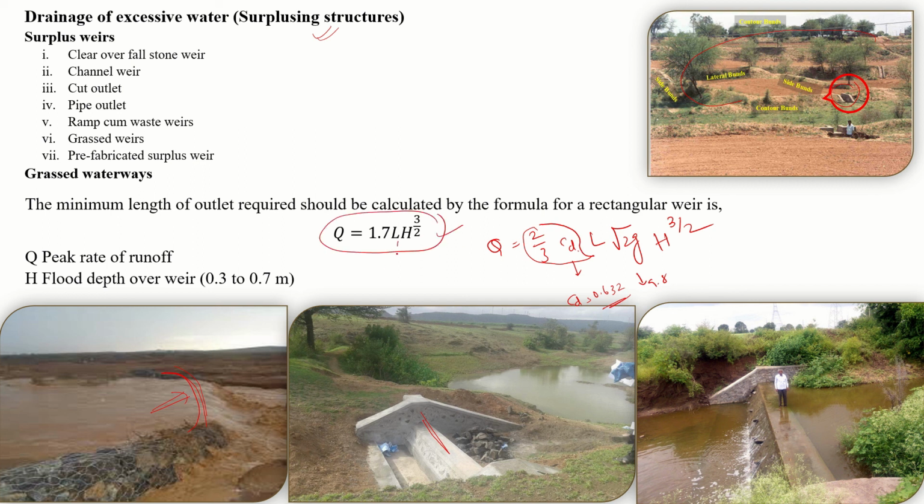L is the length of crest, that is the length of crest over which water flows, and H is the head of water, that is, how much depth of water is flowing over this weir. That is your head of water flowing over the weir. We can normally allow 0.3 to 0.7 meter throughout this weir. This is the depth of water that flows over